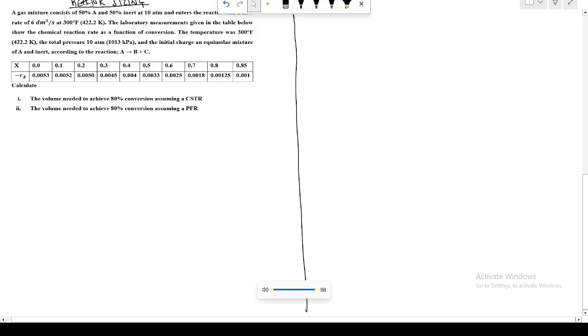In this video, we'll be solving questions on reactor sizing. Then we have a question which says that a gas mixture consists of 50% A and 50% inert. At 10 atm, we have our pressure to be 10 atm and it enters the reactor with a flow rate of